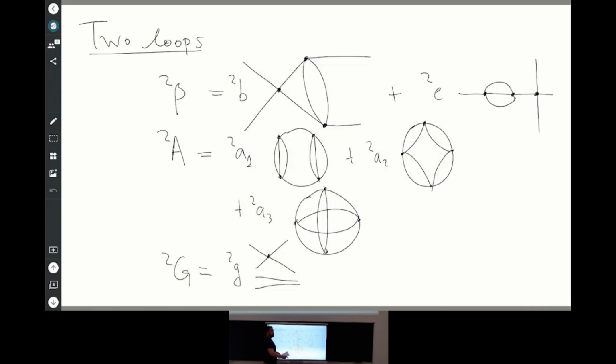Sure. So maybe I'm not connecting dots right. But as far as I understand, your couplings are only lambdas, right? So how does it go beyond the local potential approximation, for which we already know the gradient, we know the function A, we know metric, we know everything?